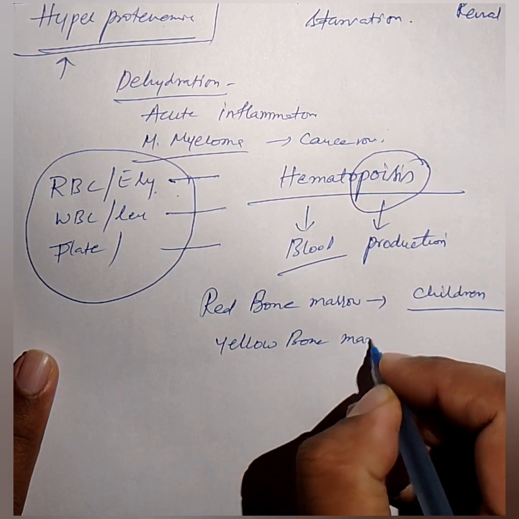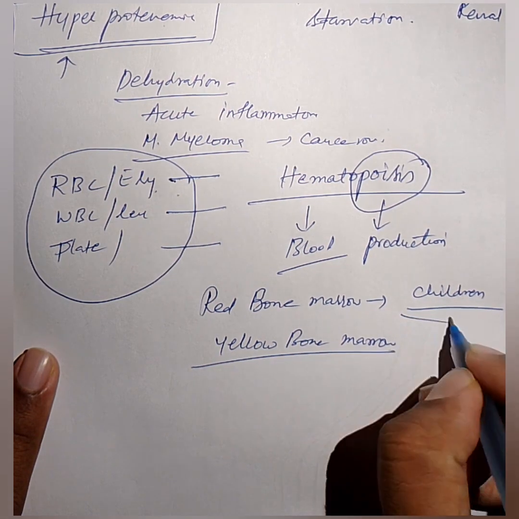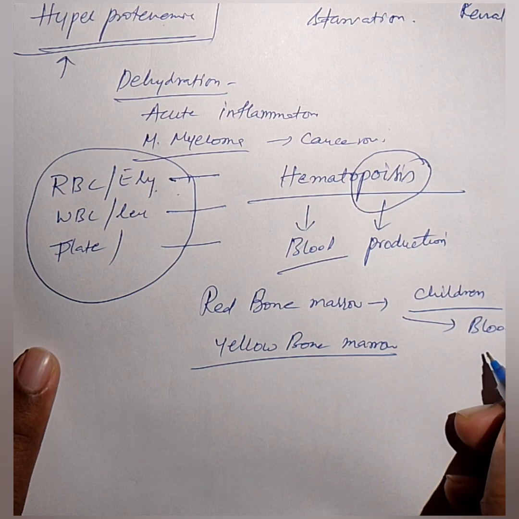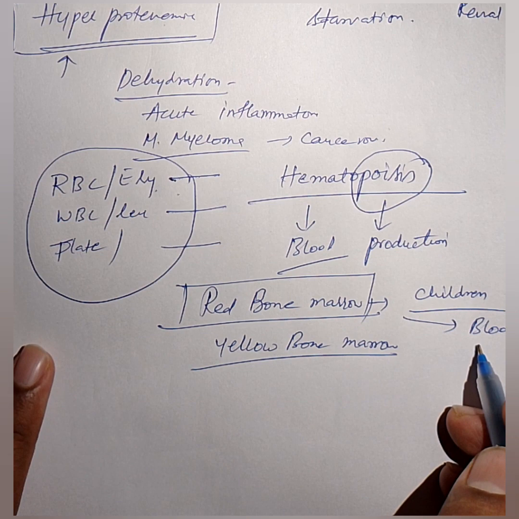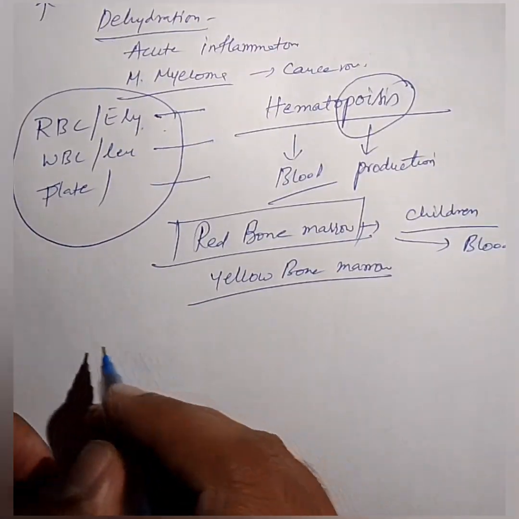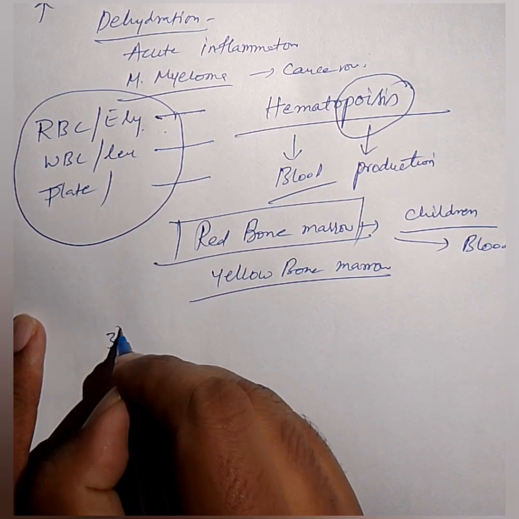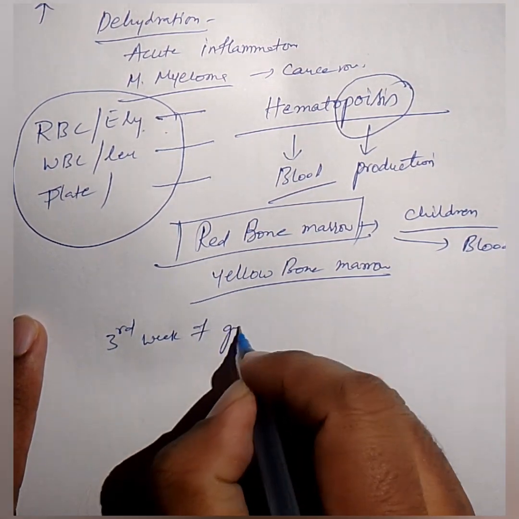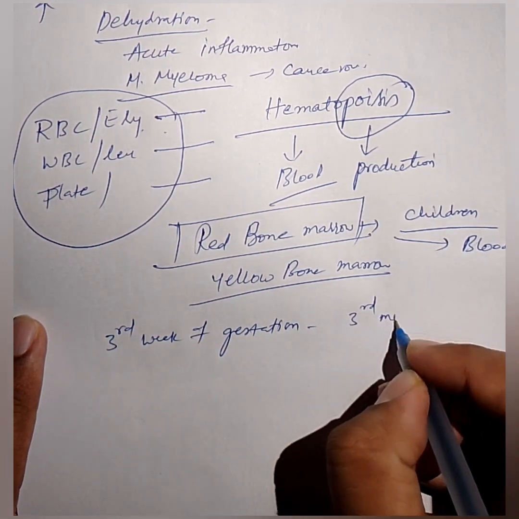But red bone marrow has the maximum capacity for production of the blood cells, maybe RBC, maybe WBC, maybe platelets. Red bone marrow will be used for the production of RBCs, WBCs and platelets. And we can see at what stage the blood cells start being produced. From the third week of gestation to the third month of gestation,